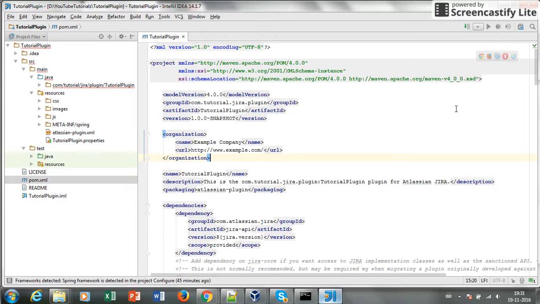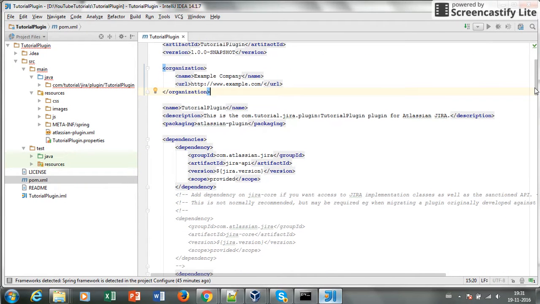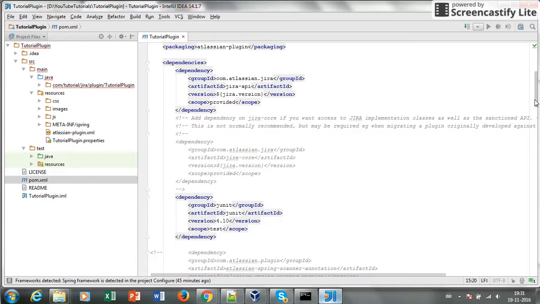So as I said, we are not going to use the scanner in the current tutorial. Of course, we will definitely be coming back to that scanner because it's really helpful: you don't have to use the Atlas CLI again and again to redeploy a plugin. So let's not worry about that, because